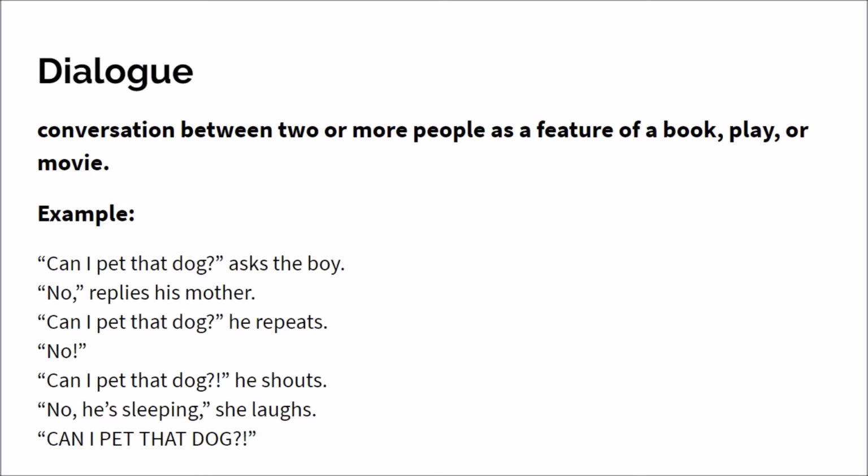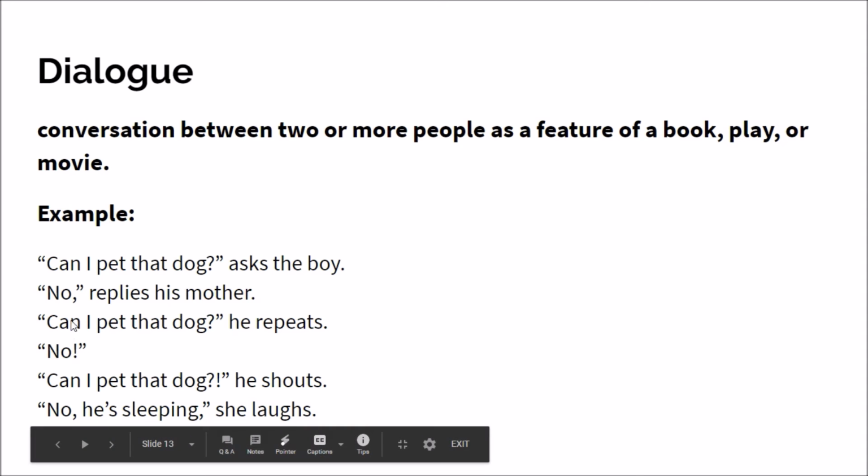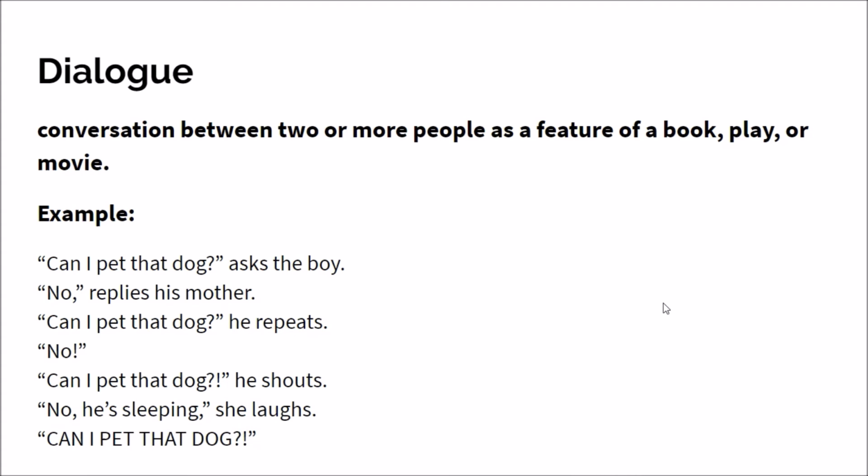All right, you will see that in the video, they are having a dialogue. The little boy and his mom are having a dialogue, and if it was written in a story, it would look like this. You'd have all these quotation marks. Look how there's a comma on the inside of this no, and then a quotation mark outside. So just keep in mind, you will have to know this. This will come back. So just really take a look at how quotation marks and commas are used here.